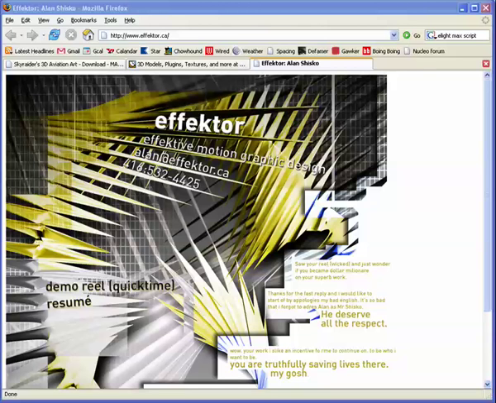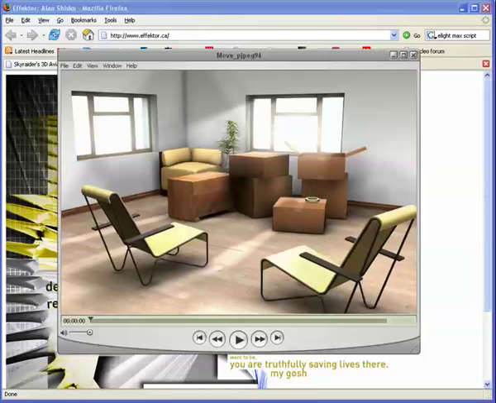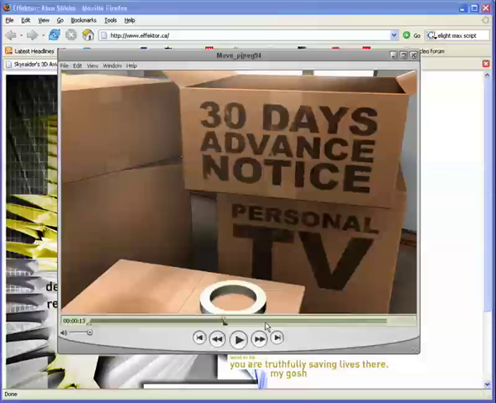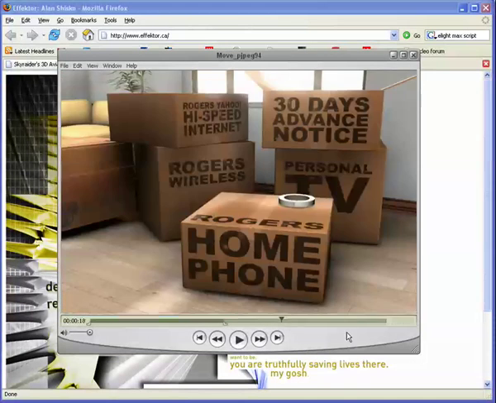So today we're going to be looking at a project that I was working on for a client, and presumably you've already seen the QuickTime from the actual site. There's a link there on my blog that you can click, and you can take a look at a QuickTime or a Windows Media file. This particular one looked to be a fairly simple little project. You start off with your camera and you kind of swoop in, and it's a scene of somebody who was getting ready to move. The idea behind this project is that we wanted to convince people that before they move, they should call to make sure that they get all of their home phone and their internet and everything moved over in good